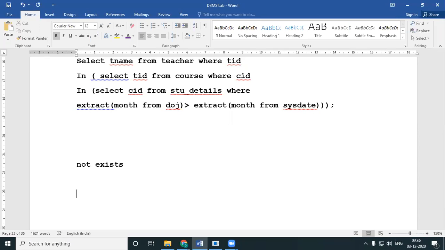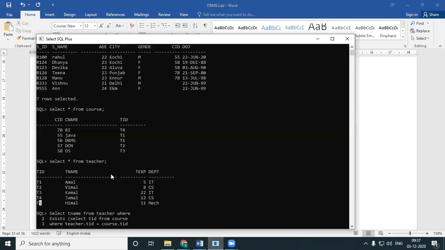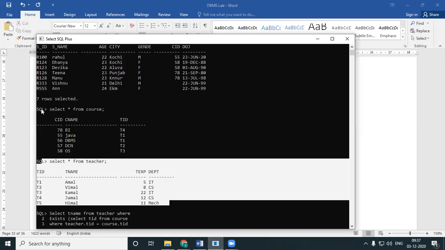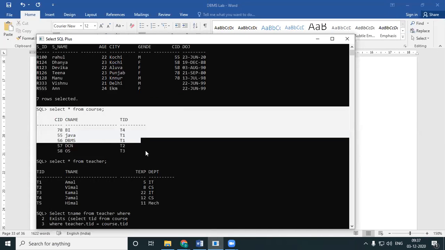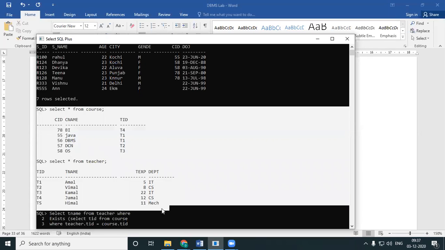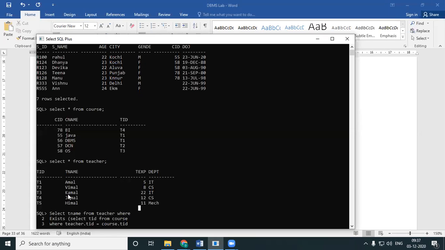So the query is very simple. So first we'll write a normal query. Okay, so what do you want to find out? Who does not teach anything? Who does not teach anything, which means, teacher comes over here and his teaching comes over here. So very simple. You'll have to have both these tables, teacher, teaching details over here. So teacher and course, these are the two tables which you need to combine.